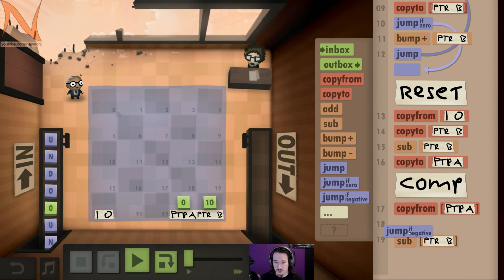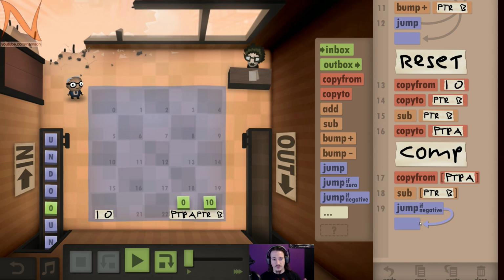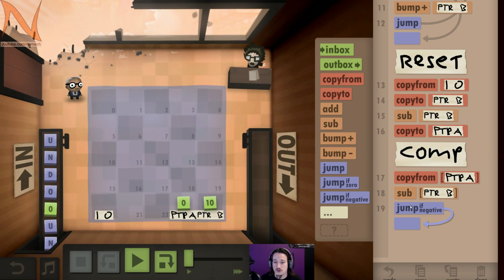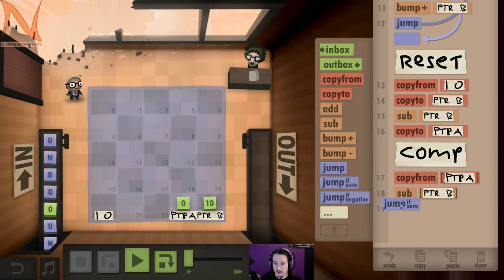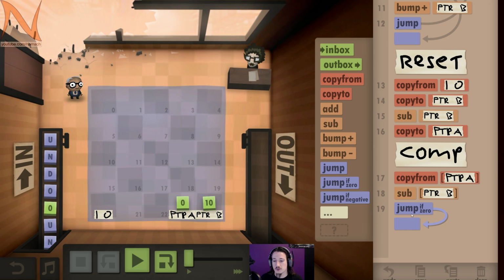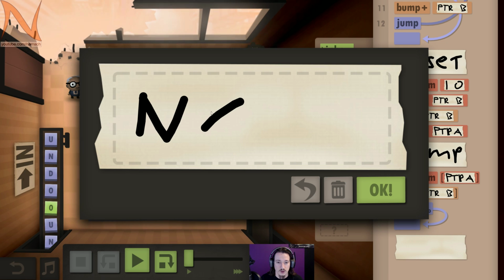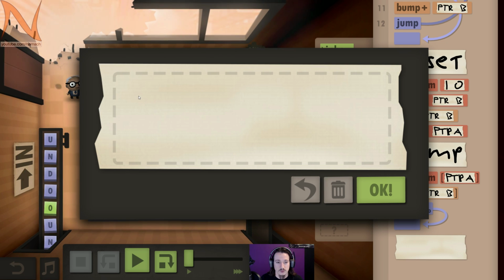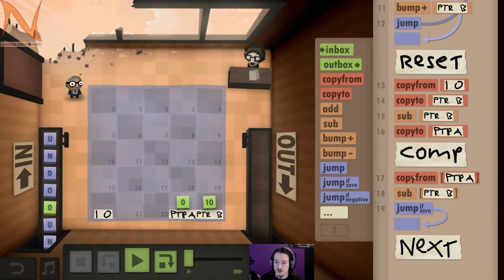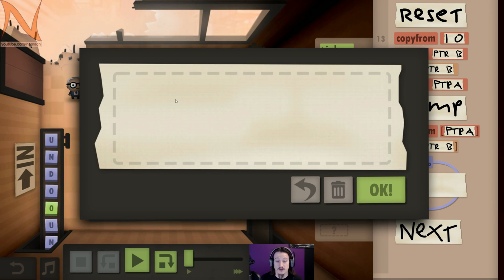Okay, so there's a couple of options. If they're the same, we need to advance. That's maybe a better one. If they are the same, then we need to move to the next one. So, next letter. We can actually write it full out. Next, yes. Right, if it's not the same, we haven't found a difference, so we need to find